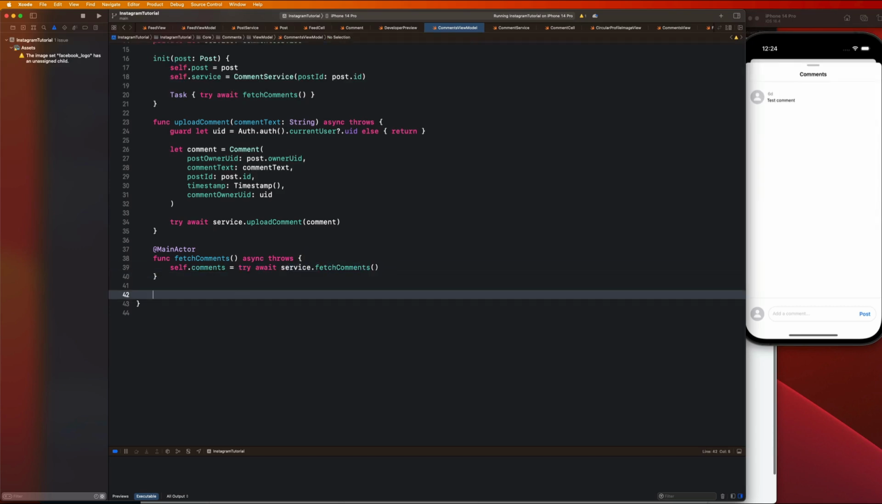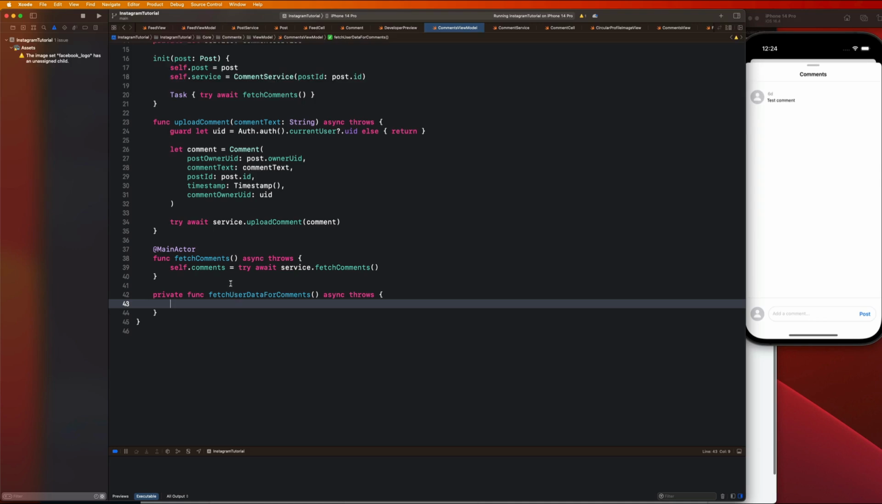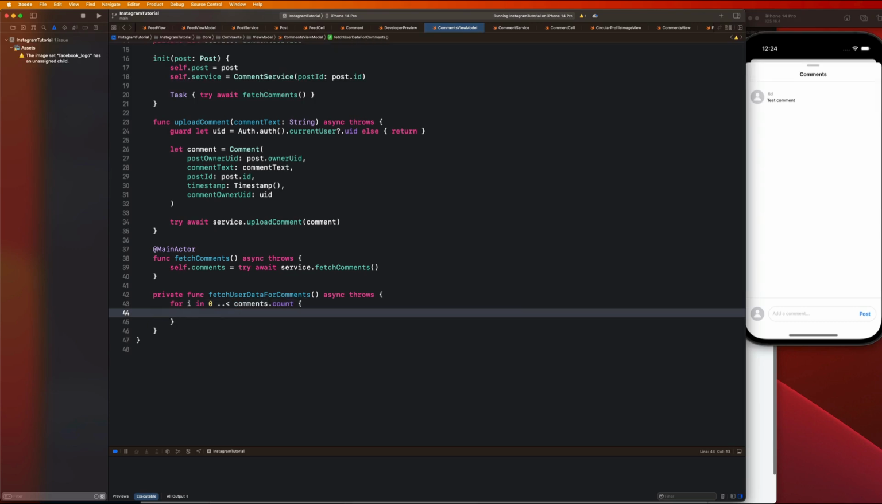But anyway, now we can go over how to actually fetch our comment user data, guys. So we're going to make a private function here called func fetchUserDataForComments, async throws, and we are going to be looping through each one of these comments and just fetching the user for it and updating the comments array. So we're just going to say for i in 0 up to comments.count, and then we need to make sure we say let comment equal comments[i],